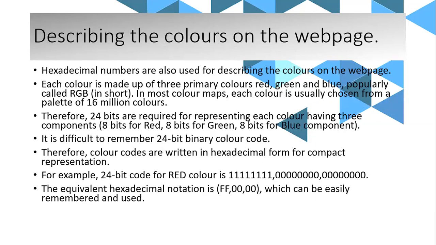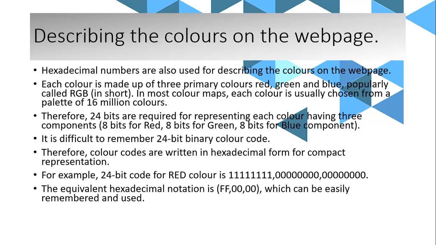Also to describe the colors on the web page. So for describing the colors on the web page, if you have ever used HTML and you've had to write the color in a hexadecimal value, you would know it. If you haven't, you will learn it. Each color in the computer system is made up of 3 primary colors: red, green, blue. Yes, the primary colors for computers is RGB, the same colors that you'll get in your printer. Okay, we don't use the primary colors that we use in daily life: red, yellow, blue. Here it is red, green, blue.